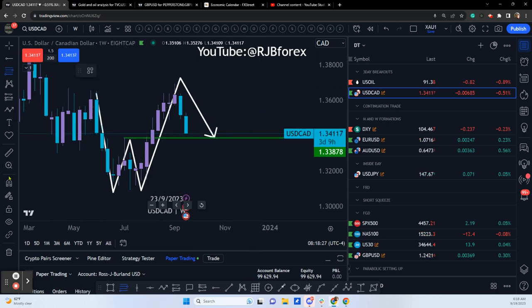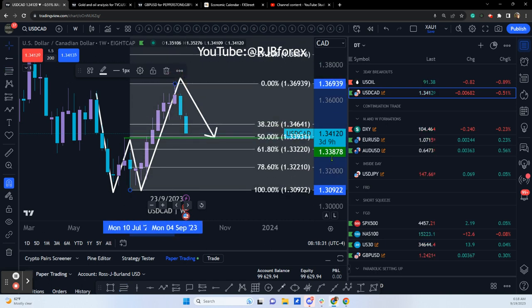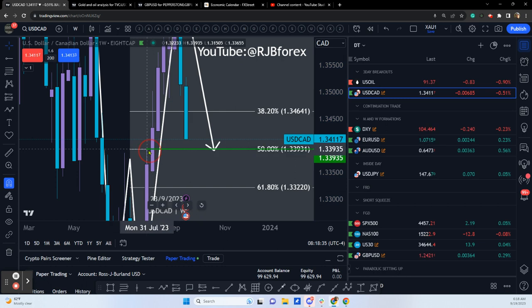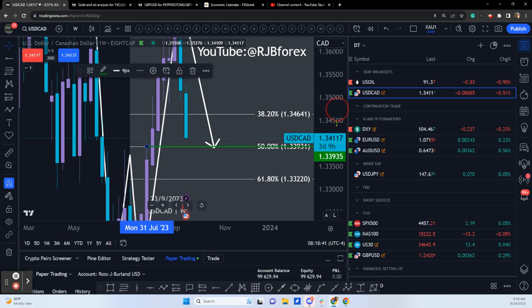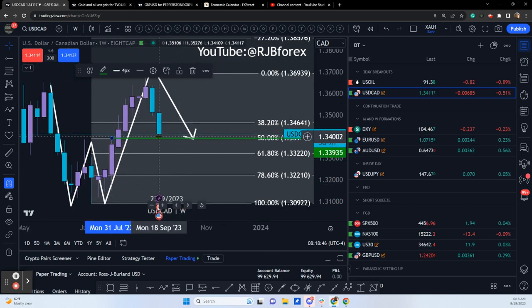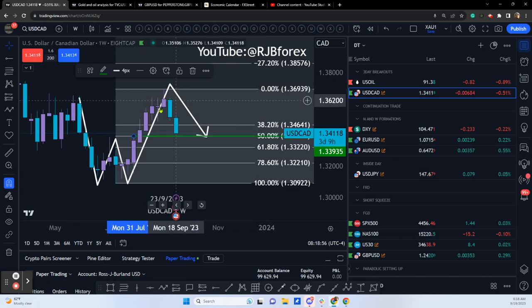So just measuring the rally, that support area, if we pull it up to here, ties up with a 50% mean reversion target, 133.93. That's not to say that this is necessarily going to offer demand. This could quite easily continue lower. I just prefer to have sold up here.